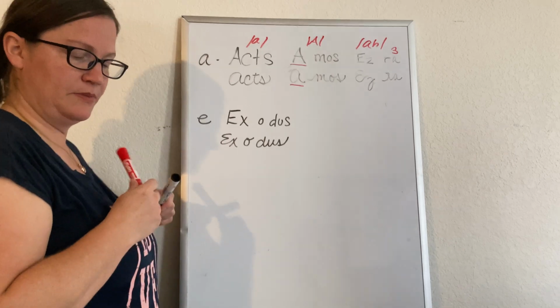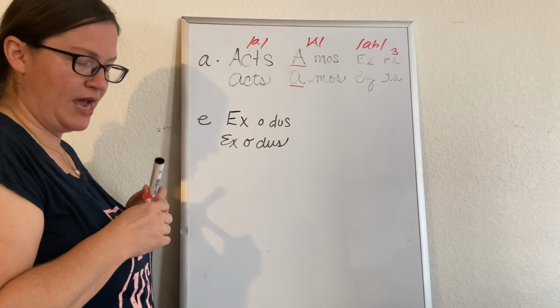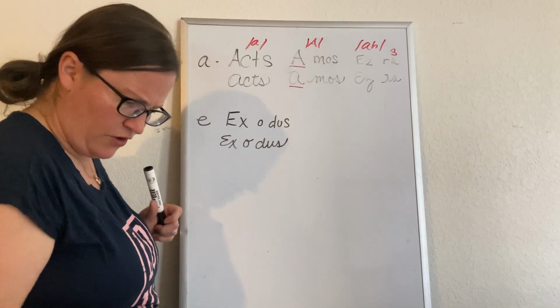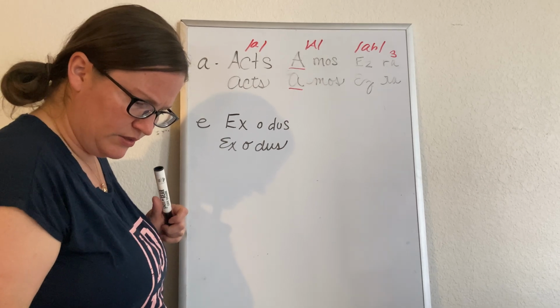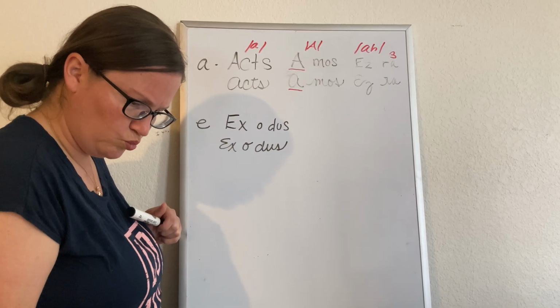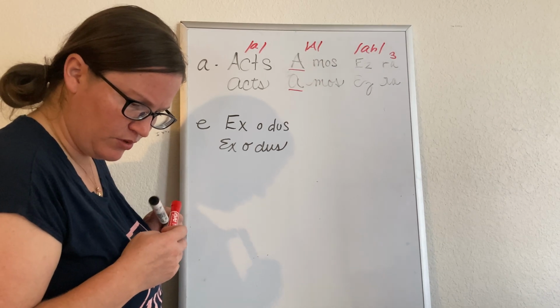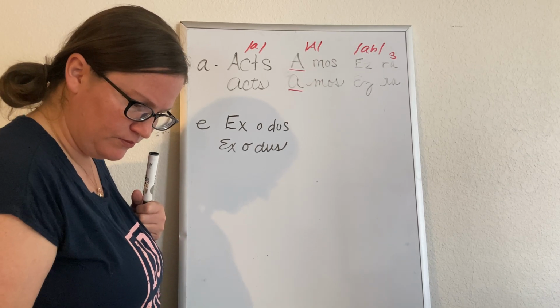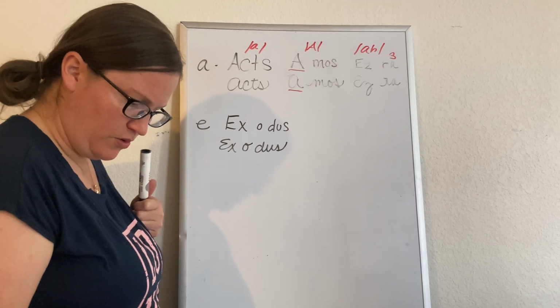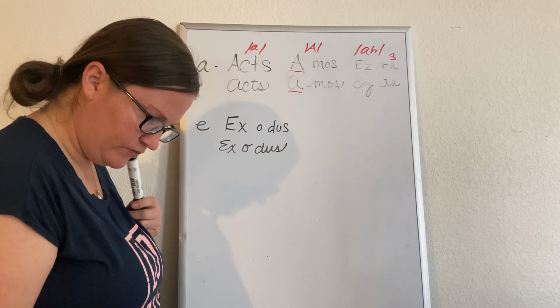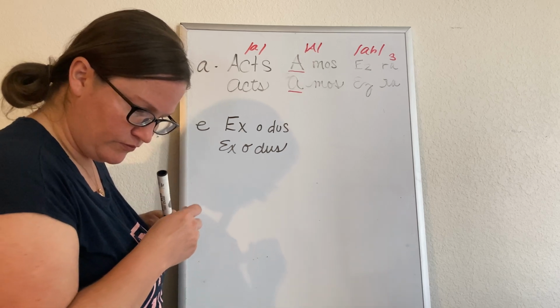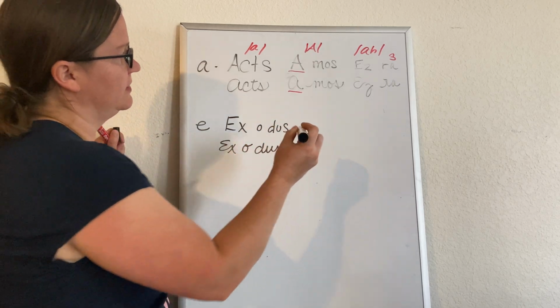Yeah, on your practice paper there. Exodus. Now they have the O underlined. I don't know why they have the O underlined. Is it for O instead of E? No, we're working on the E. For the second sound,